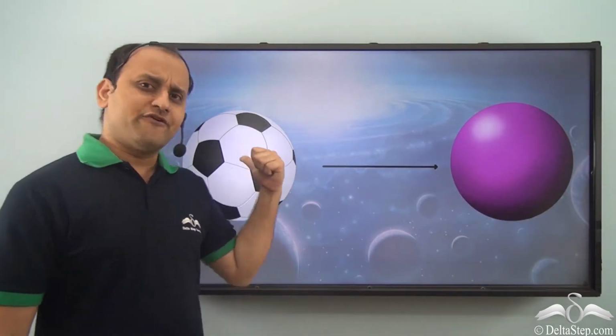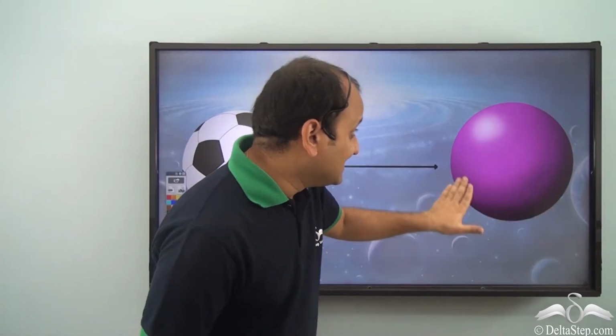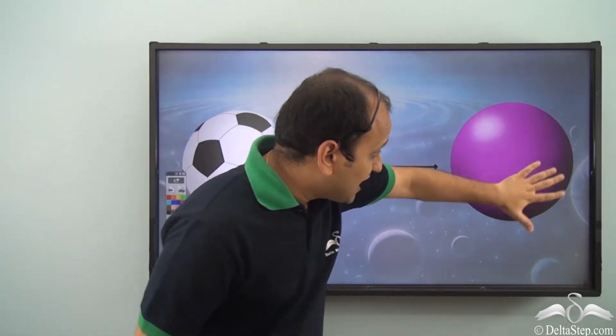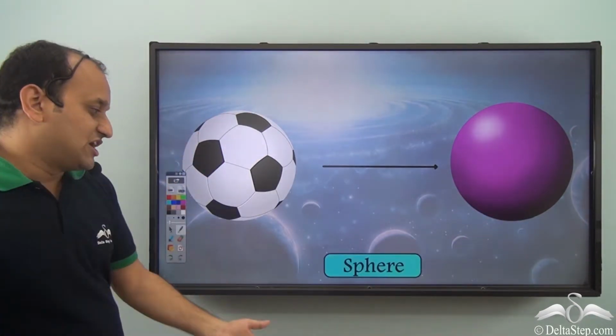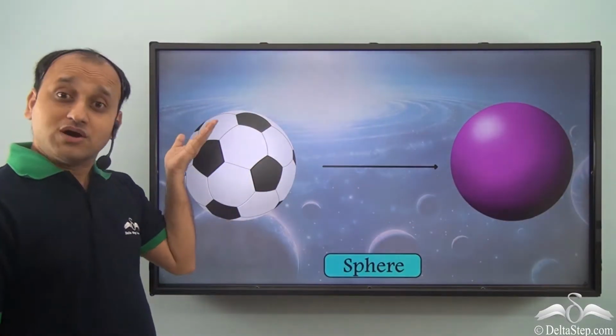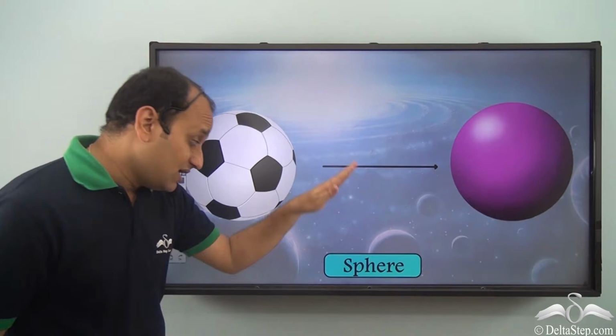Now, he also got a football. Now, we can represent shape of a football with this, isn't it? Now, what do we call this particular shape? Well, if you notice, this shape is completely round. So, from whichever angle you see, you will see a round surface. So, what do we call such a shape? Well, such a shape is called a sphere. So, a shape which is very similar to a football, that is completely round from all angles, is called a sphere.